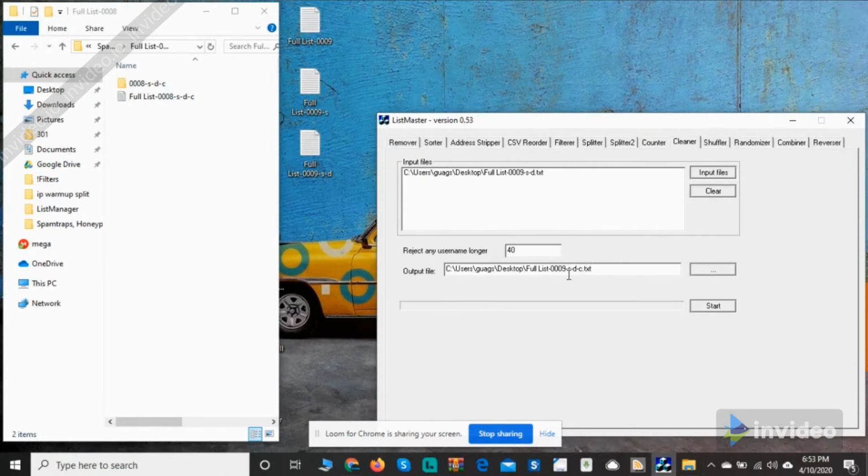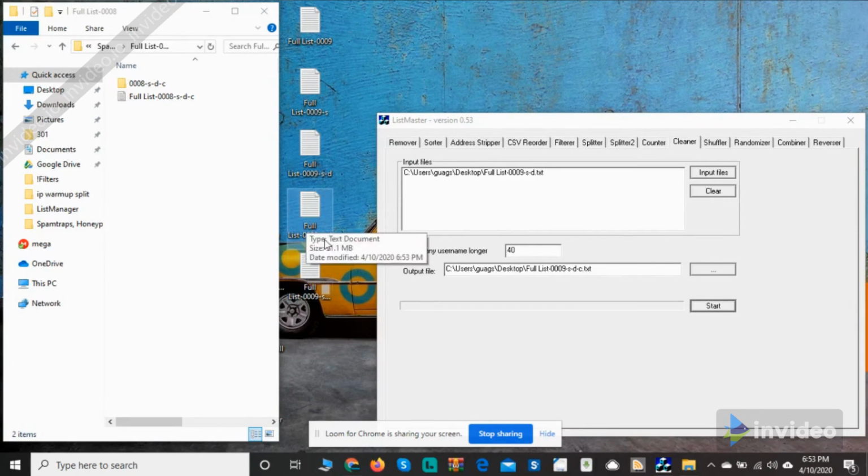Okay, so S for sort, D for duplicates, and C meaning it's been cleaned. So now I'm going to run it. As you can see, 2 files were created. One file is rejected,